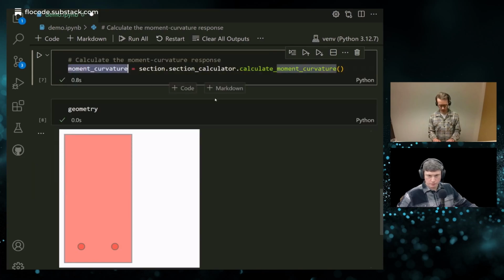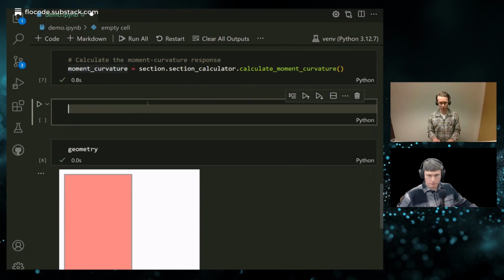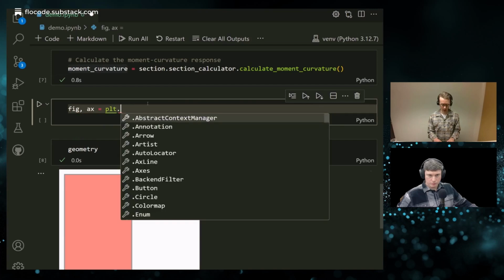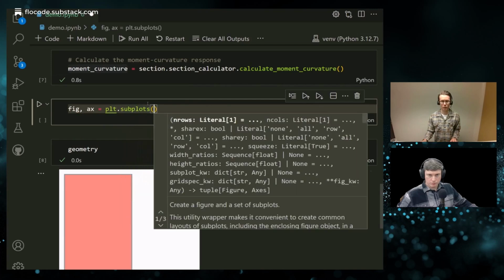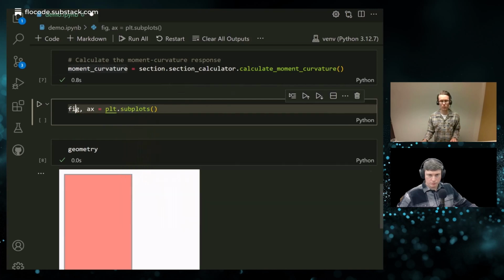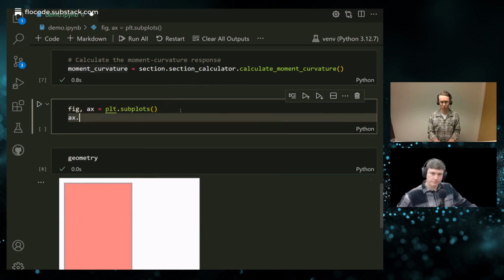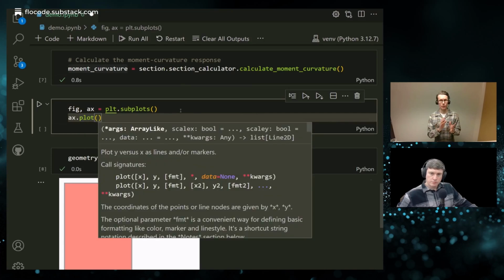So let's now have a look at what this actually produced. So I'll create a figure and an axis object. And on the axis object, I will plot the curvature and the moment.